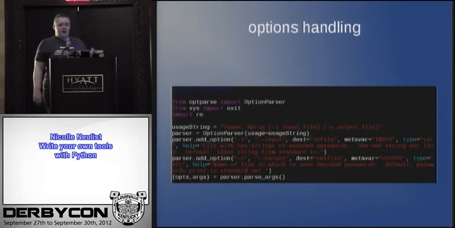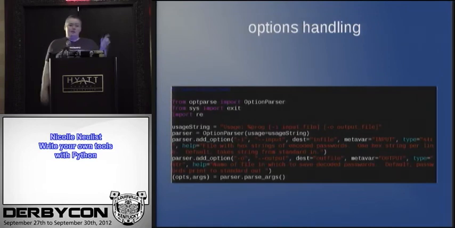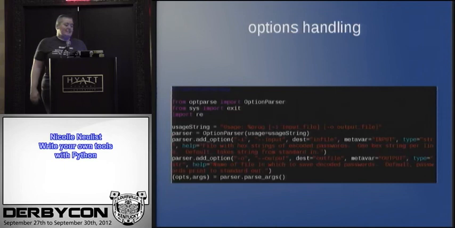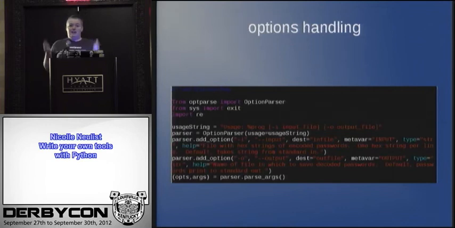So you define -i, which is the short, --input, which is the long. Means the same thing though, it's just the switch. Dest is the variable it puts it into, so it puts the input file in input file. Because basically the way this works is you can define a file in, with a list of these hex dumps, and then it will put out either in an output file if you define it, or just to the screen if you don't do an output file. It'll give you the cracked passwords without you having to go through all that XORing yourself.